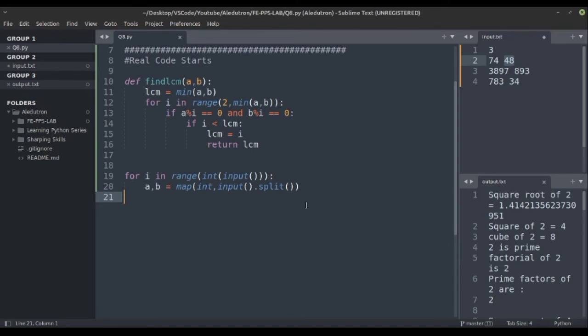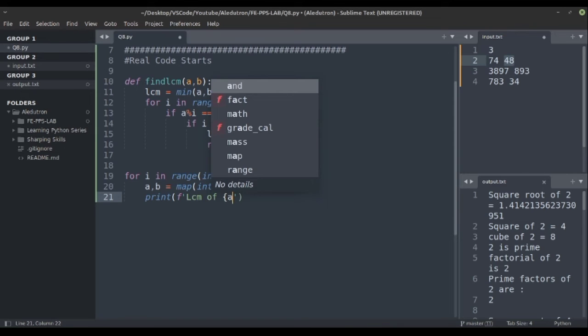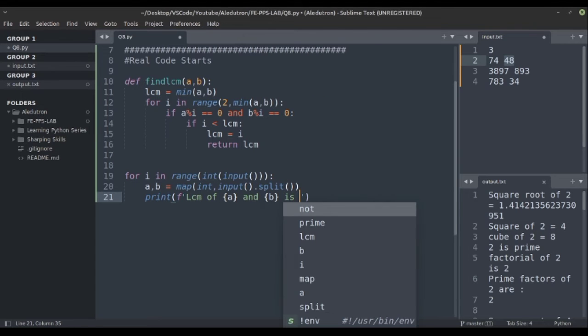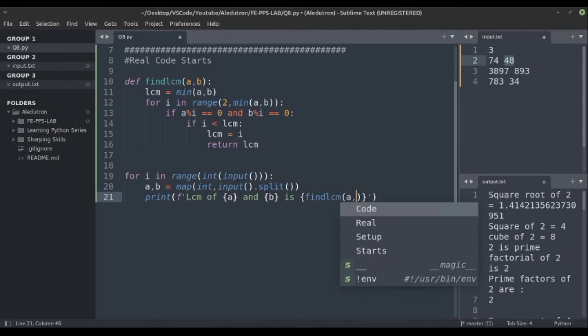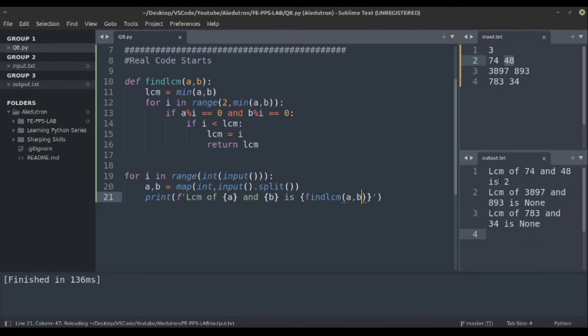So let's just print a format string: LCM of a and b is find_LCM of a comma b. So let's run this. So you can see the LCM of 74 and 48 is 2,